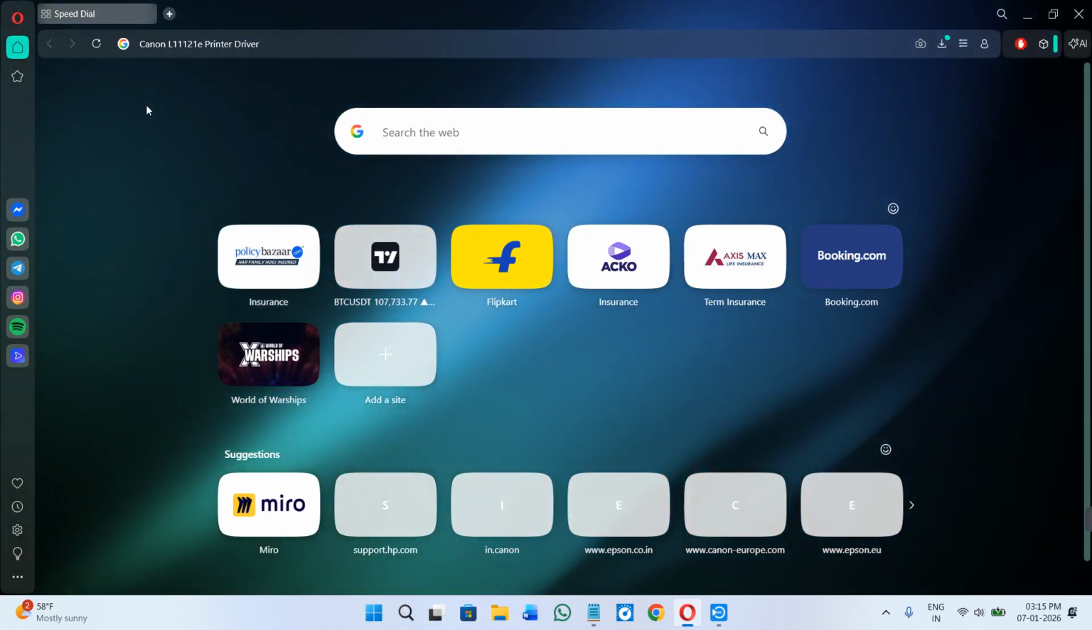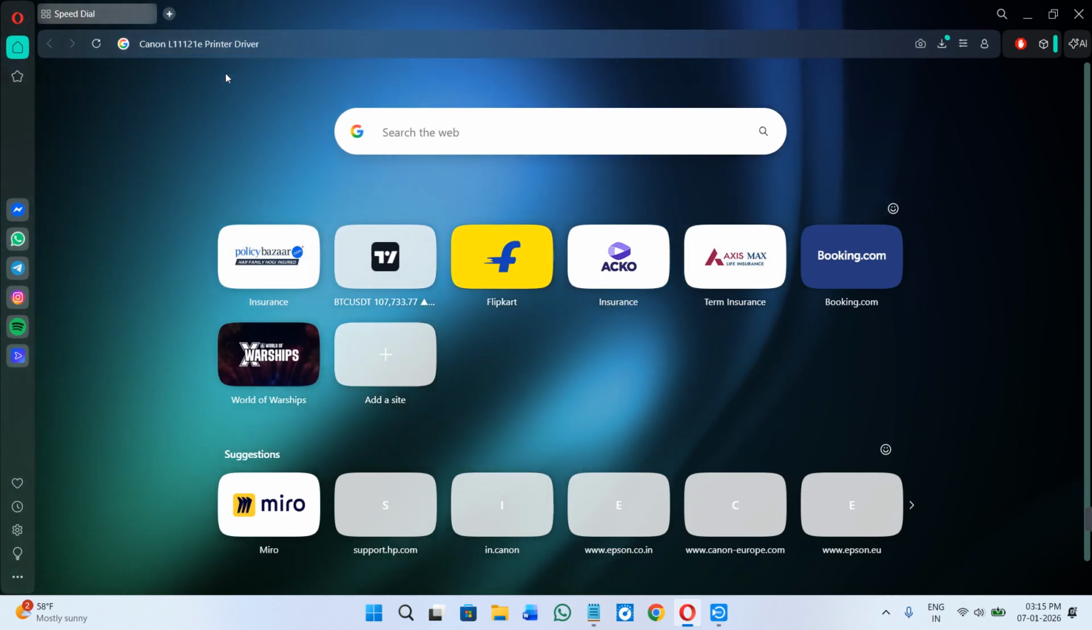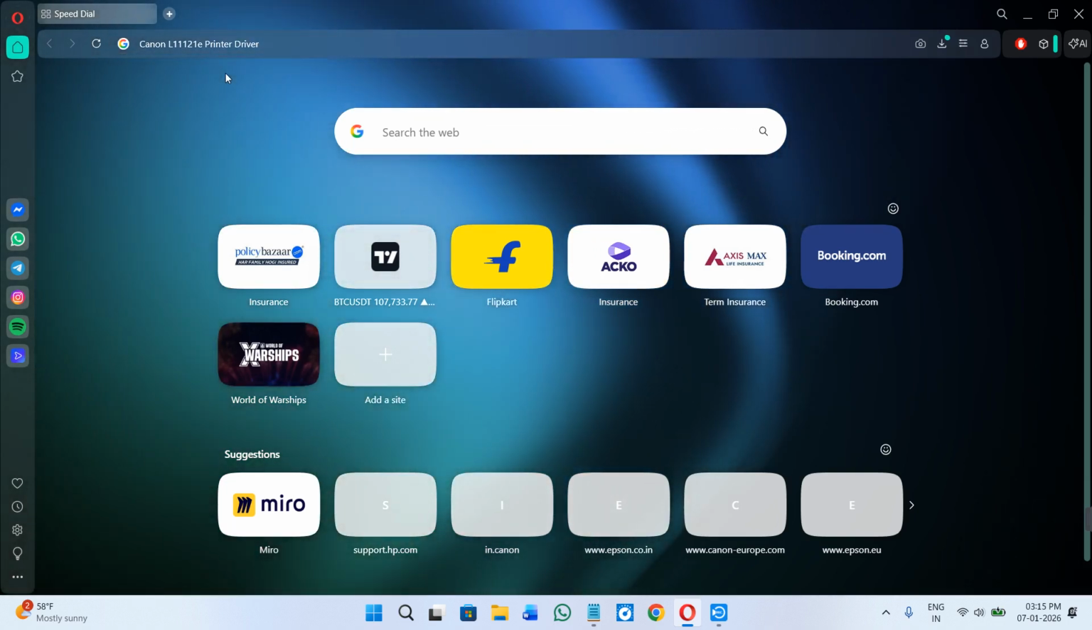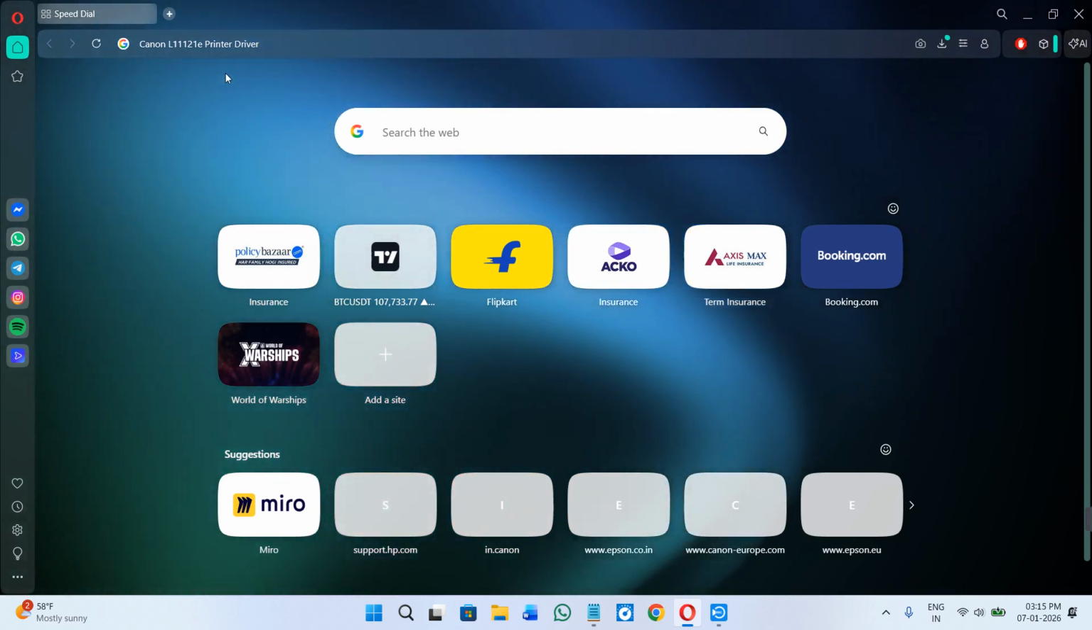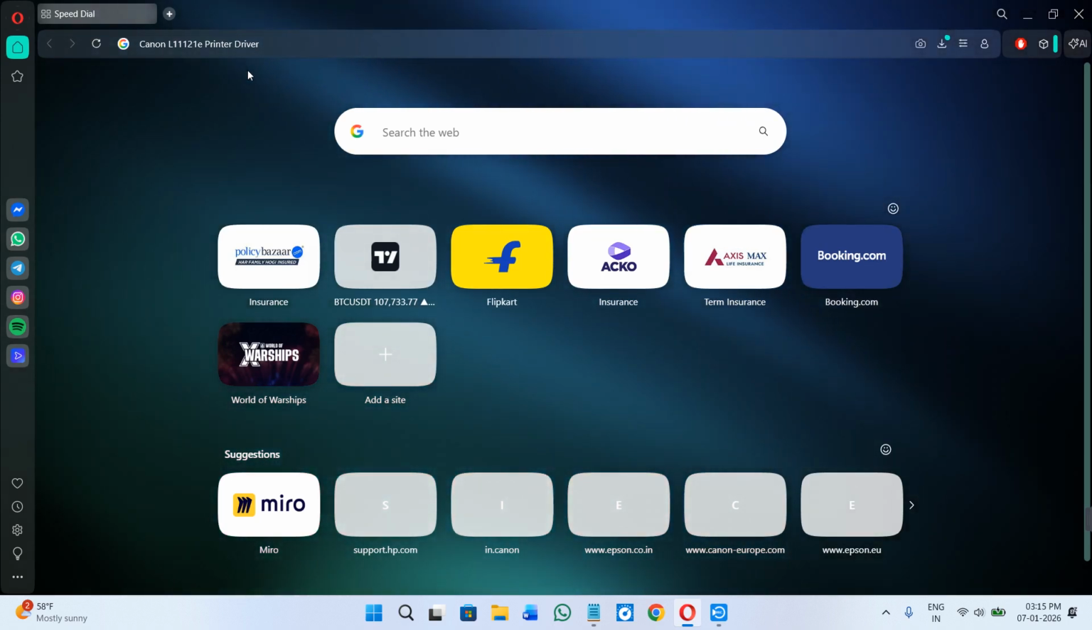In this video, I'm going to show you how to download and install the Canon L11121e printer driver on Windows 11 in 2026. In order to do it, first of all, you need to open any of the web browsers on your PC